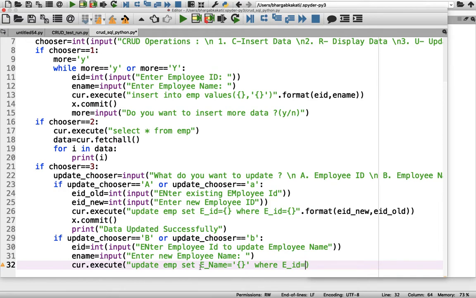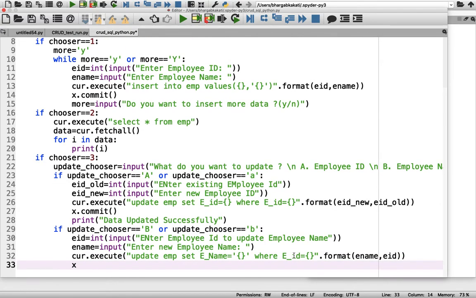So where EID equals to this. Dot format, what will come in this place? ename will come. Here I will be using this local variable in Python, comma, here what will come, EID. So I will be using this variable which I am giving in Python here. Okay, so in this way I can update it.